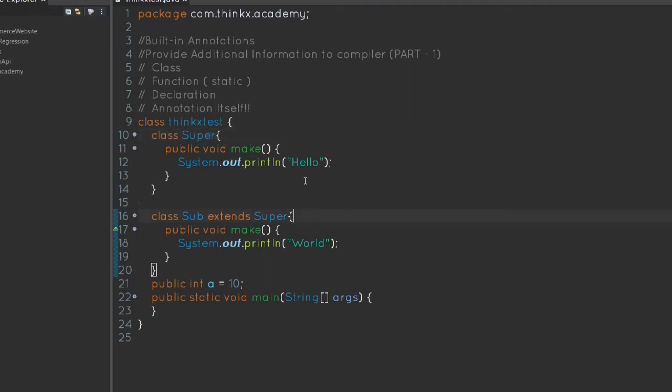So this is known as method overriding. Basically when we create an object of the subclass and call the make function, it will override the make function in the superclass and it will call the make function of this class, right? So basic method overriding, this is the make function. Now you can see that